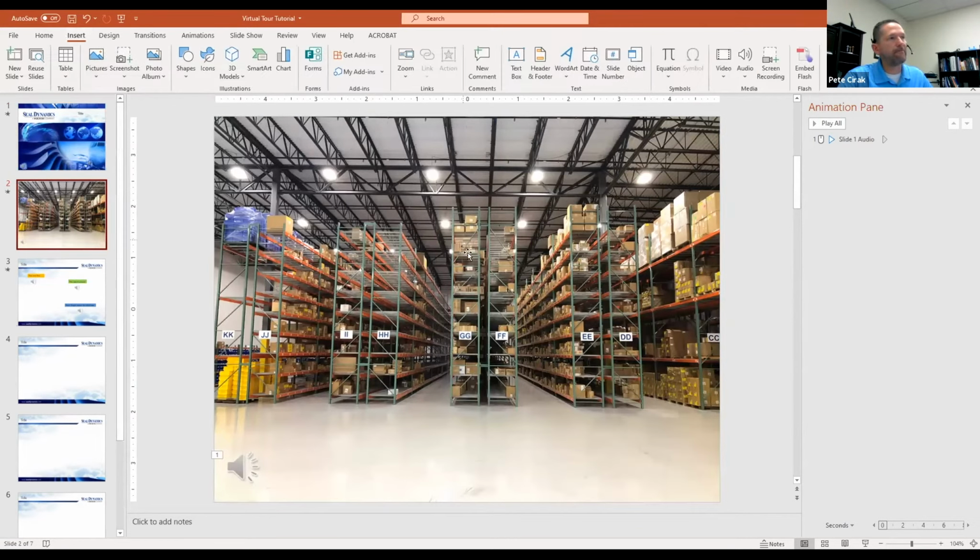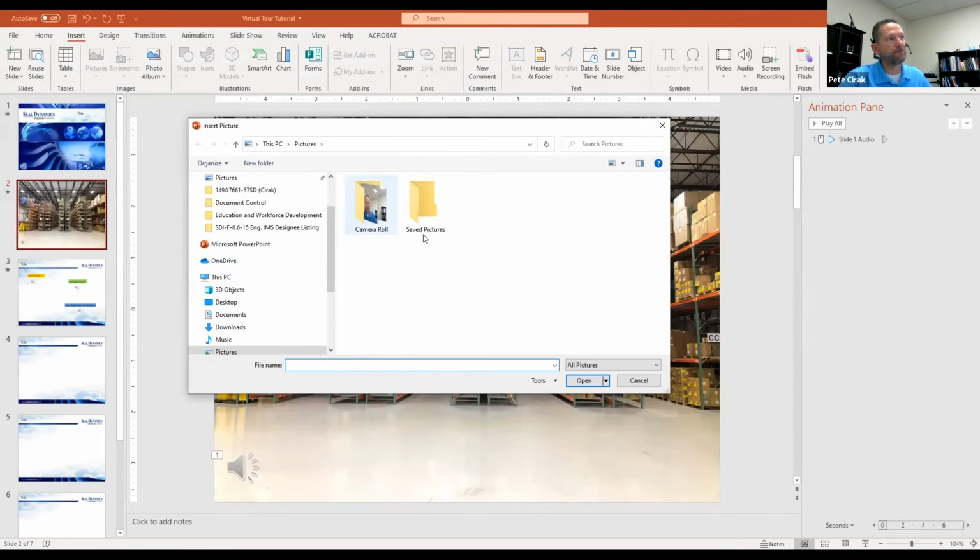This is a photo of our distribution warehouse up in New York. And it's real simple, inserting a photo. You can, right here under the Insert tab again, there's the images. You can do from this device or online pictures, but again, this is where you go to that folder that